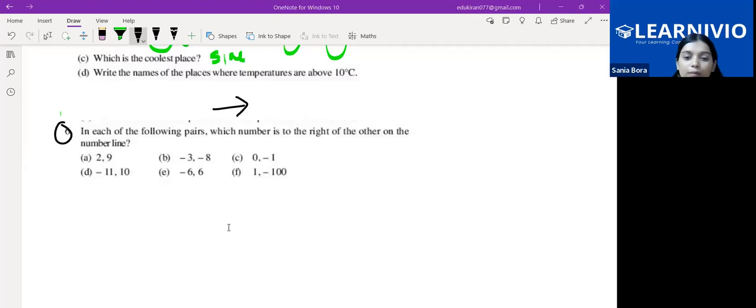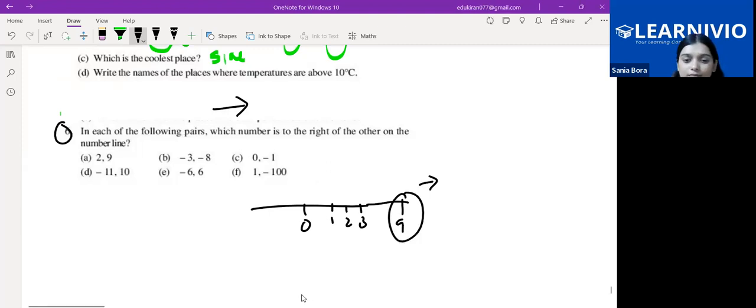You have to draw it in a number line. For example, this. Then no need to draw it basically. If you want to draw it, it's your choice. Like 1, 2, 3, 9 will come. So in this case, which number is on the right side, 2 or 9? Automatically 9. A is 9. Okay, ma'am. B is